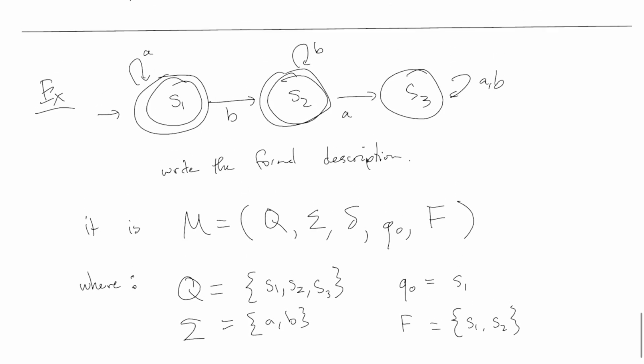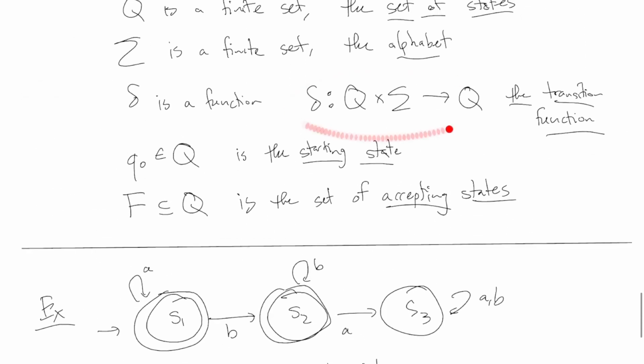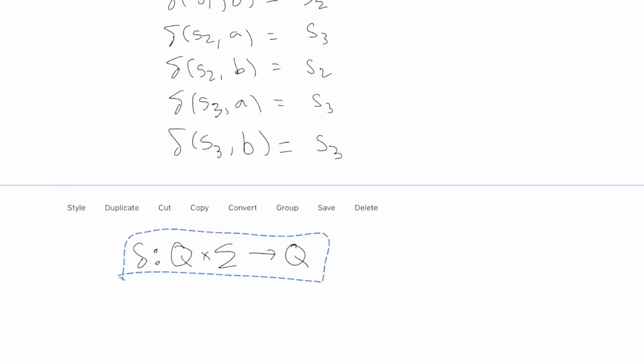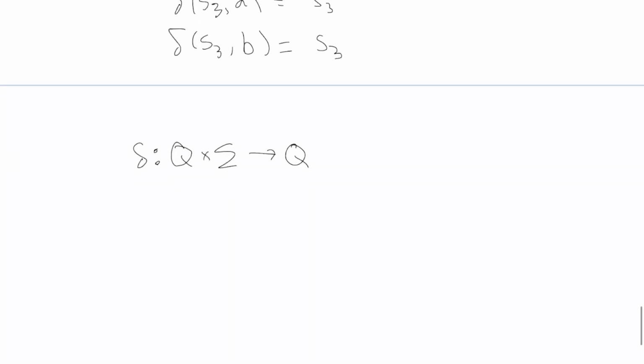Can I just go back to this right here? Just a little sort of set theory review, perhaps, about how this is written. Can we make sense of this? Remember what this means. This right here is the domain. That is to say, those are the things that you plug into delta. And so the domain here,